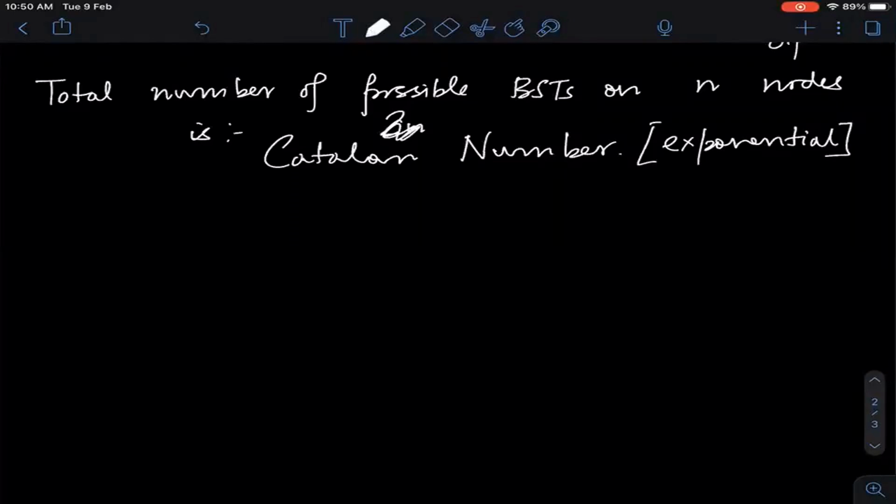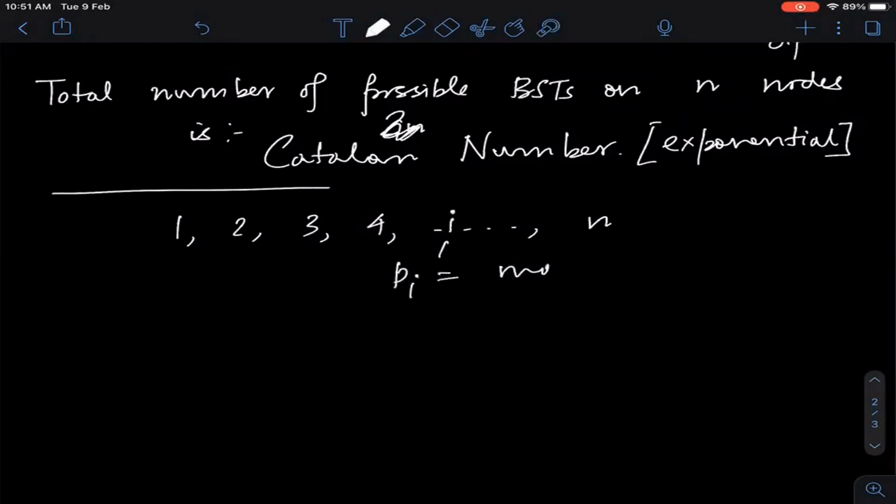And that gives us this natural idea that, okay, why don't I keep the highest frequency node, or the highest probability node, as the root? So what I'm trying to say is that I have these nodes 1, 2, 3, up to n. Let's say Pj equals the max over all Pi. So this is the max frequency node. Now I can again think of a recursive algorithm. I will make j the root of this tree, and then I will just recurse on the left keys of j and the right keys of j. That's a valid recursive algorithm again.